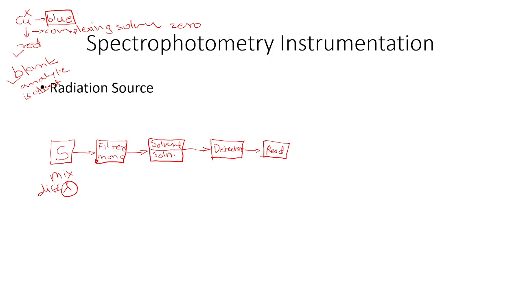So first we'll start with the radiation source. Now this radiation source should give you radiation in the UV or visible range. For example, a tungsten filament. You must have seen this kind of bulb at home. Nowadays we are using LED bulbs, but in the old days, sorry, my drawing is not so good, I'll draw it again. You must have seen this kind of bulb.